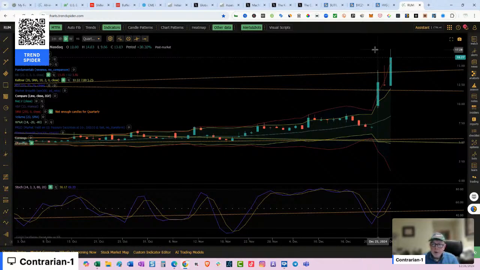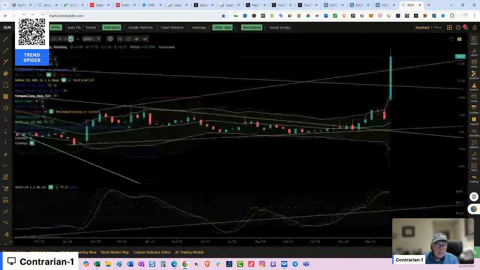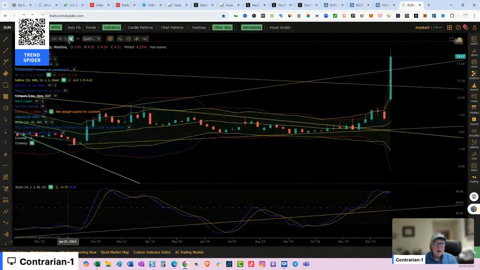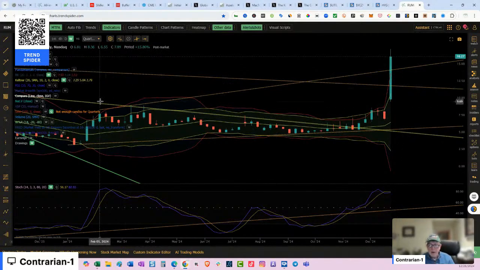If I'm looking to reestablish a position, wait for either 14.54 or $12 a share. And for a real pullback, a 10 handle. And these are very, very volatile stocks, so it could definitely happen, especially with the equity market so overvalued right now. So me personally, I would be using a trailing stop loss order, at least on a portion of my position, because there are a lot of profits that have been made here.